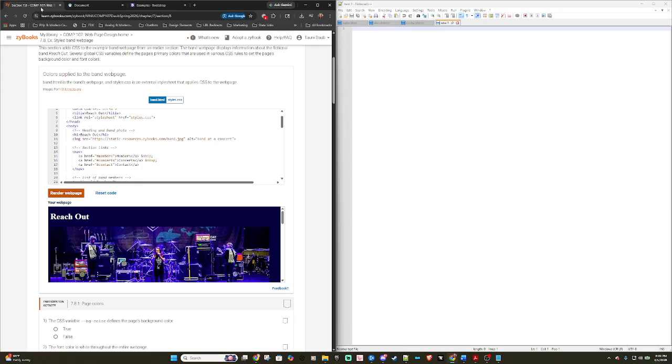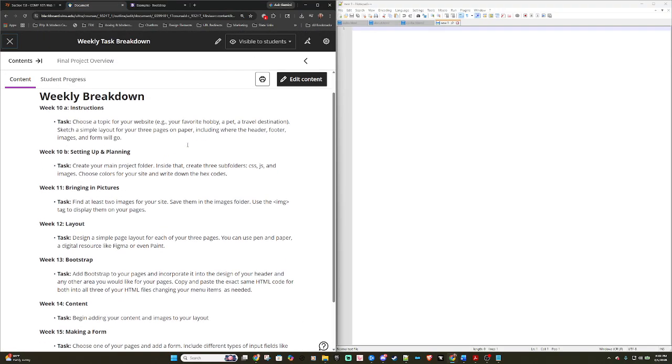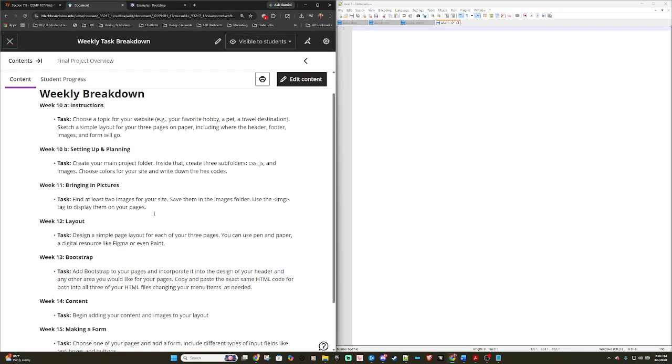So today we are working on our layout for our 3 pages. I showed you guys some tools last week where you could sketch these out or drag and drop and put things in a way on how you're thinking you might want to lay out your web pages. This week, since Bootstrap is the next step in this, and Bootstrap is also tied very heavily to